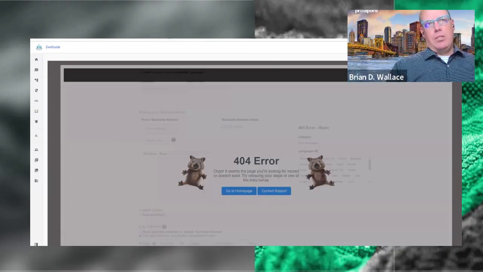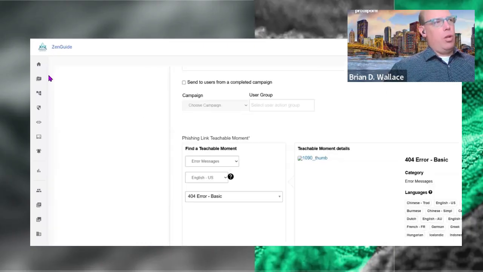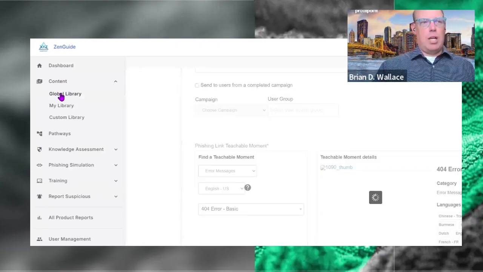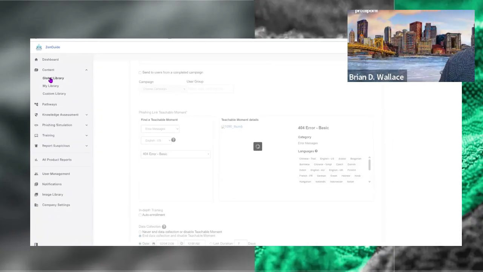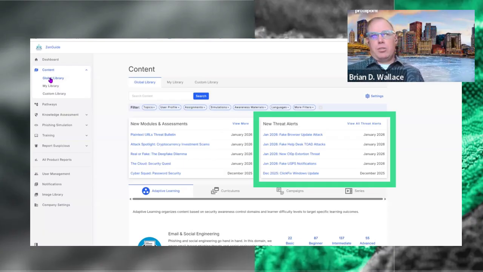Some other ways to look at templates before we jump into pathways. So let's go back to the global library. There are tools built within the platform to help you out. And the first one that we're going to look at here is our threat alerts. These come out every single week. This, my friends, is where the boogeyman lives.